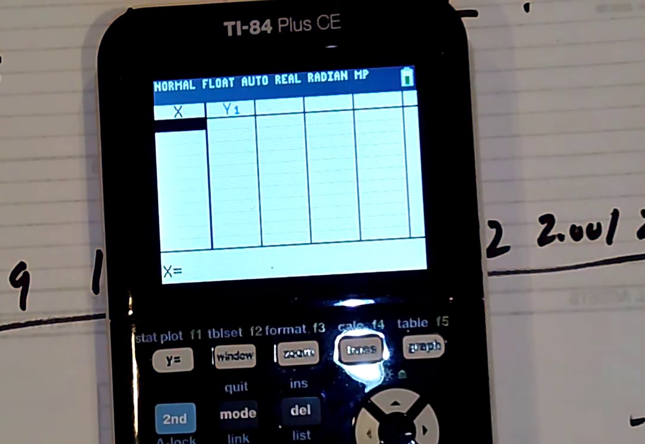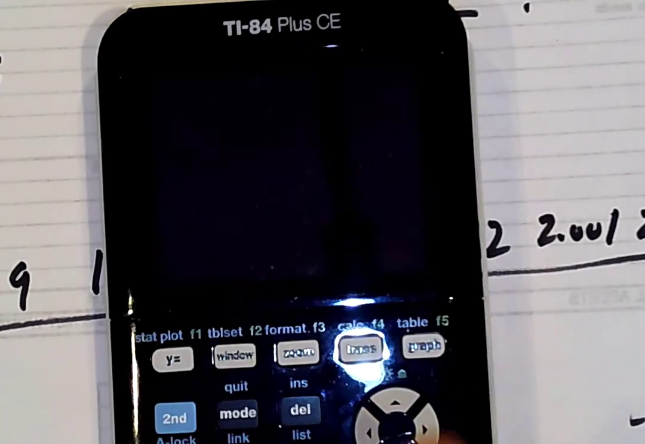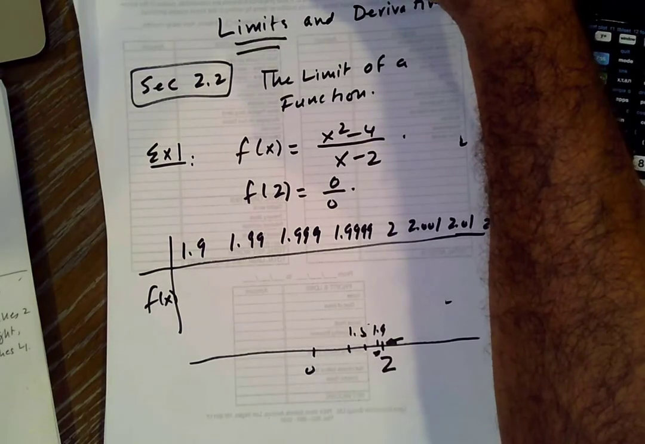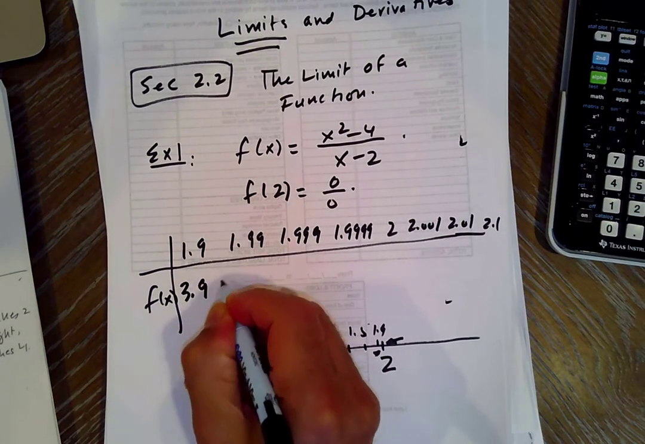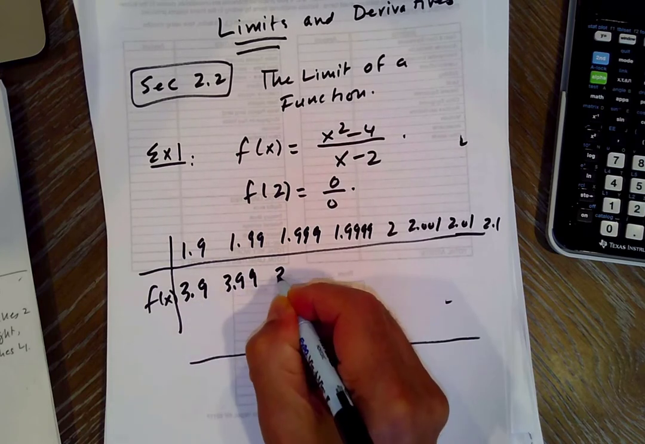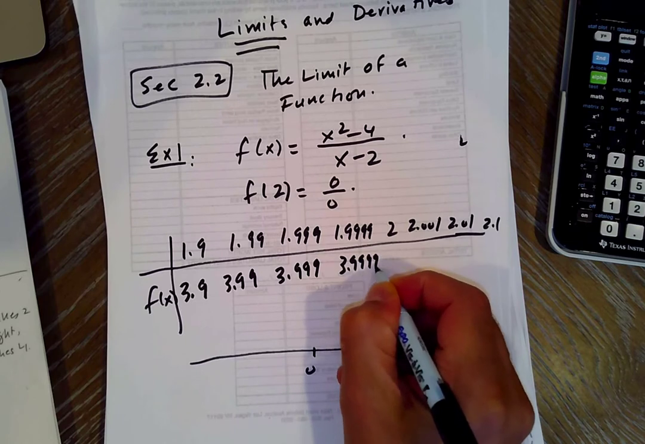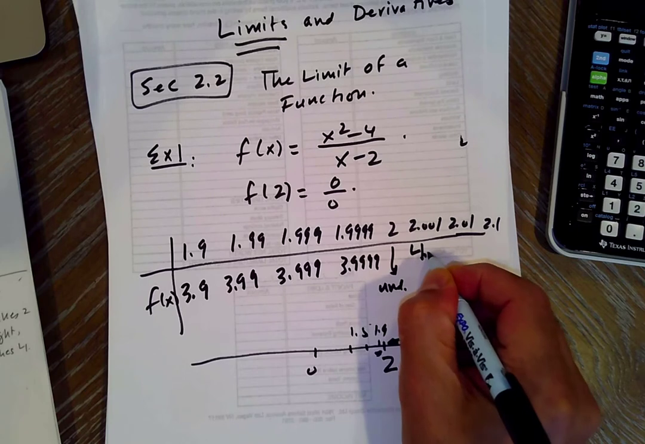So I'm going to plug in 1.9, 1.99, 1.999, and so on to get the y value. So I did all this, and here's my answers. I got 3.9, 3.99, 3.999, 3.9999, and it's undefined here. We don't know what that is. This would be 4.001,